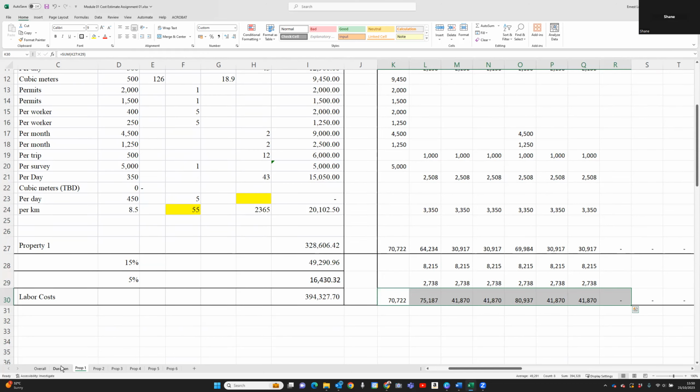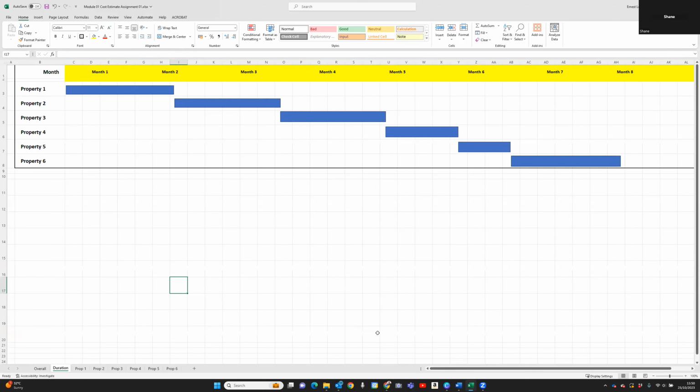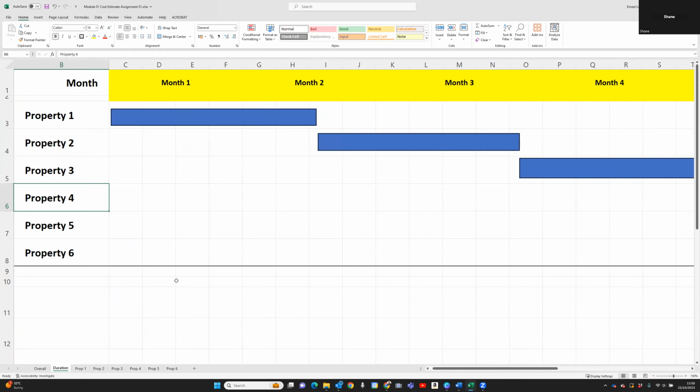And then I've taken this and I said, all right, let's put that into duration. So there's property 1, property 2, property 3, property 4. Let me just make this a bit bigger. Okay. And that obviously gives you,